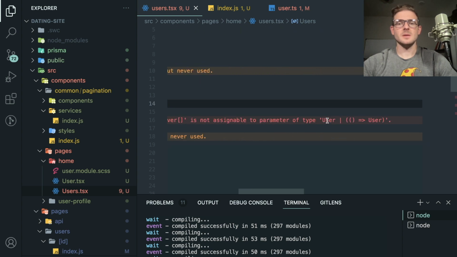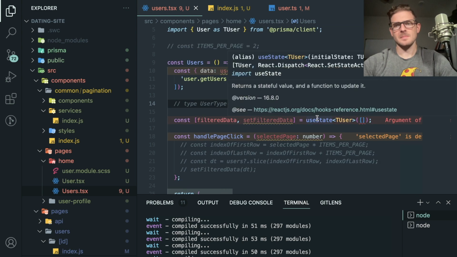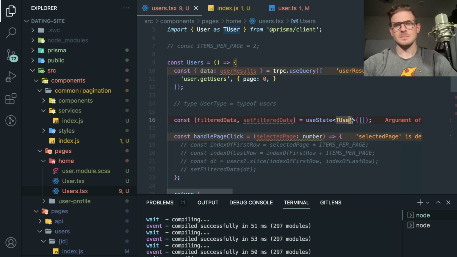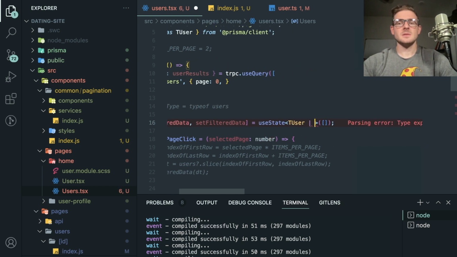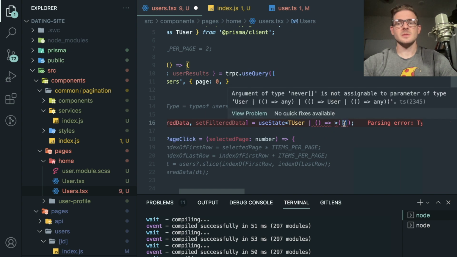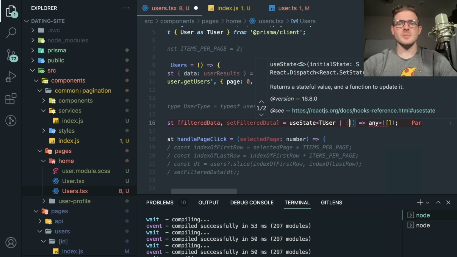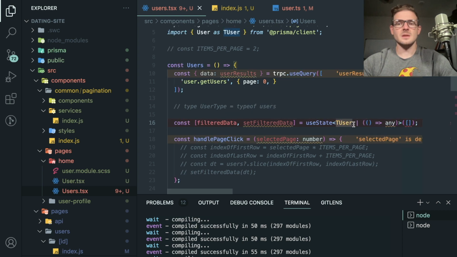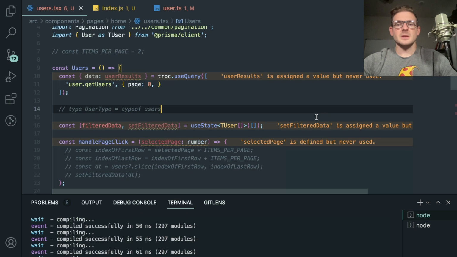Okay, so here's my TypeScript noob really shining through right now. I don't really know how to. I guess I can kind of extend this. Like, what are they saying that this thing needs to be? Any? Function type notation must be parameterized. Wait a second, am I dumb? Maybe I'm doing this wrong. There we go. I just had to make an array. I don't know why I was getting so tripped up on that. All